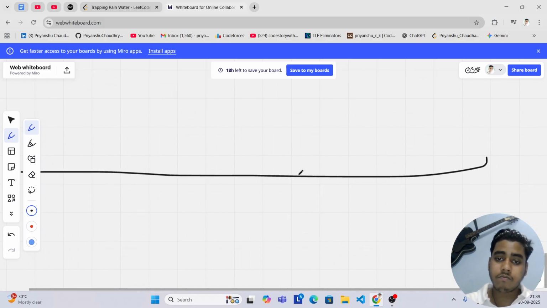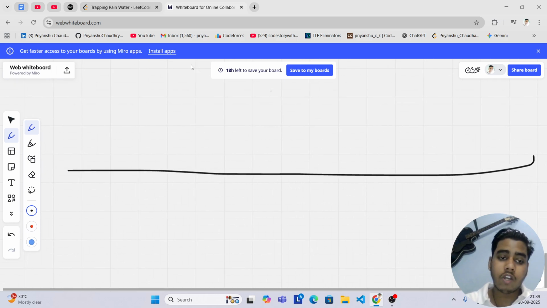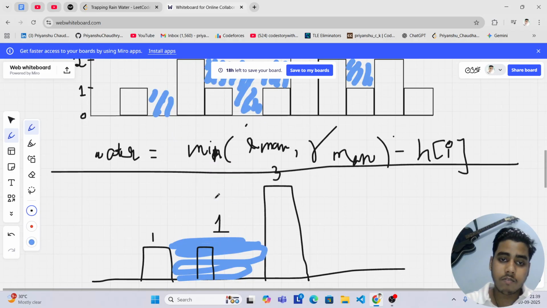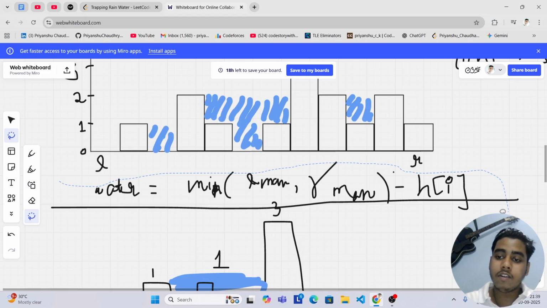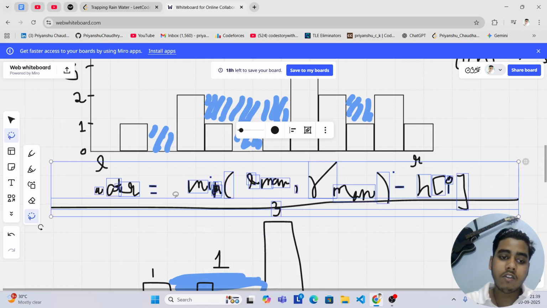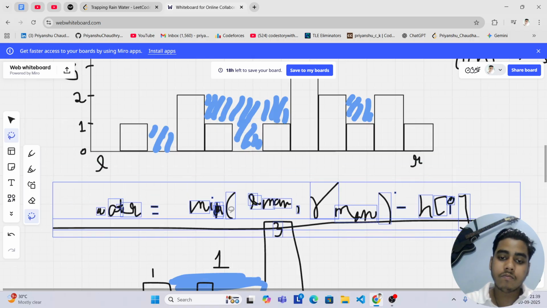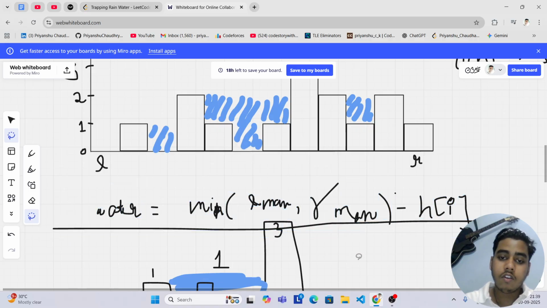So in the two pointer technique, what I'm going to do is take two pointers. My first pointer, left, will be at the first building and right will be at the second building. All right, my L will be at the first building and right will be at the second building. Now